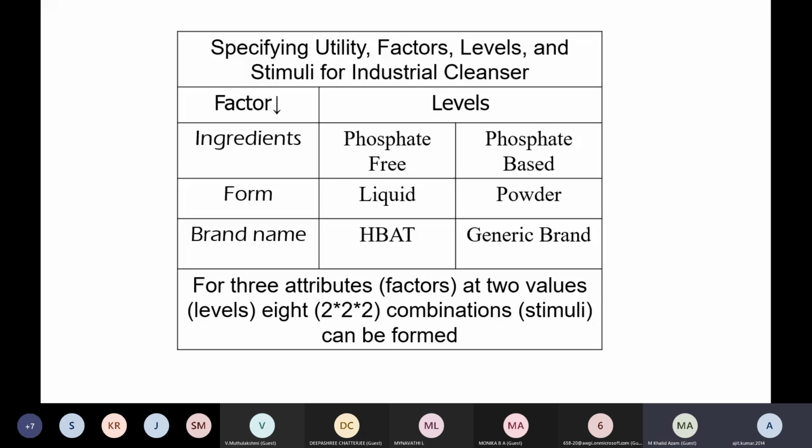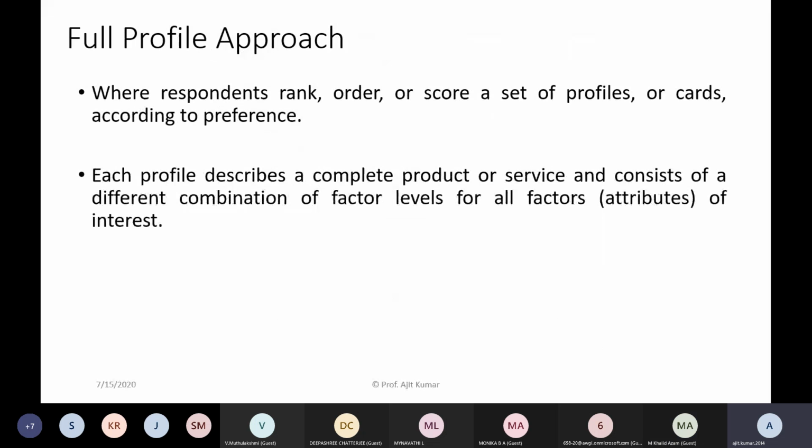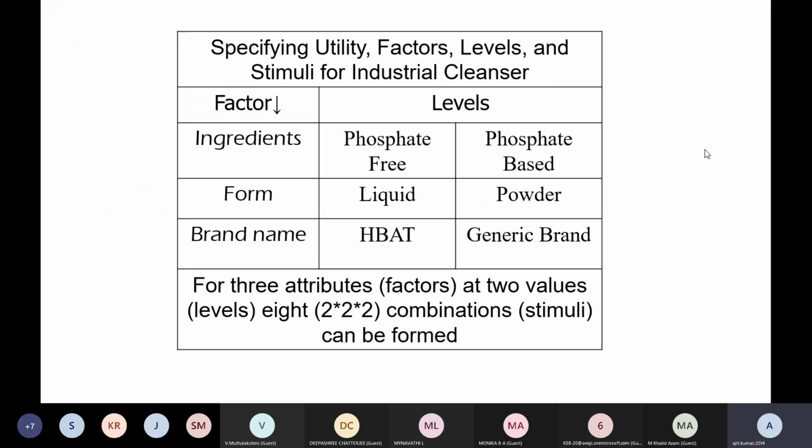So there is a certain approach we use for this, something called the full profile approach, in which we are usually supposed to ask our respondents to rank, order, or score a set of profile cards according to their preference. So in this example, since this is a very simple example, there are 8 different combinations. Can you rank this? Can you rate this? Can you give a certain score?